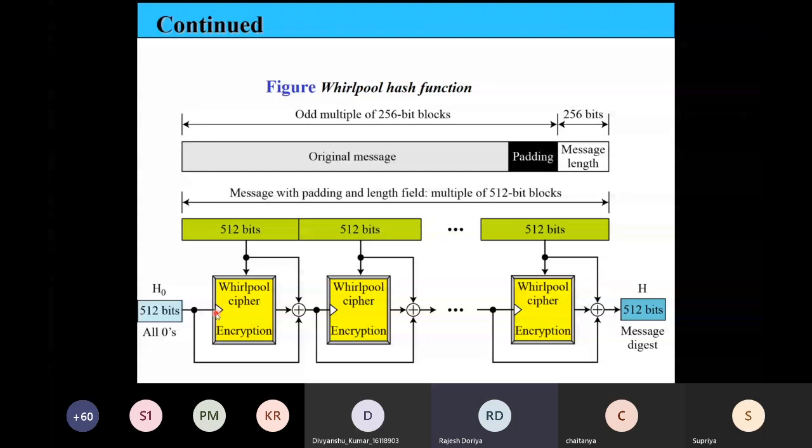And as a pre-processing part, I have already explained how exactly we process the original message so that we get an even multiple of blocks, right?